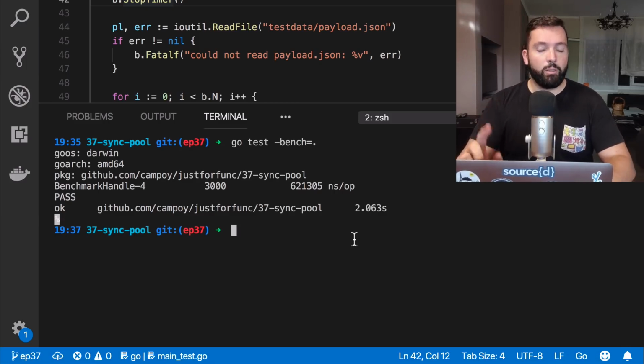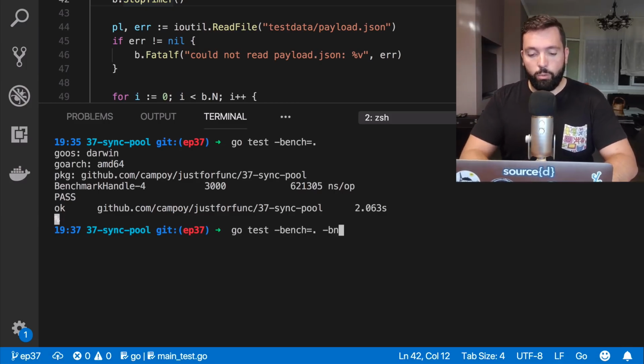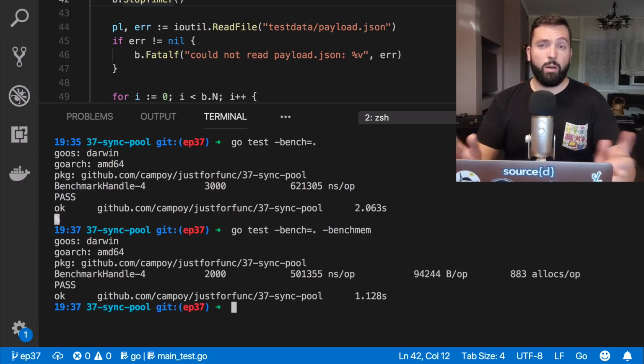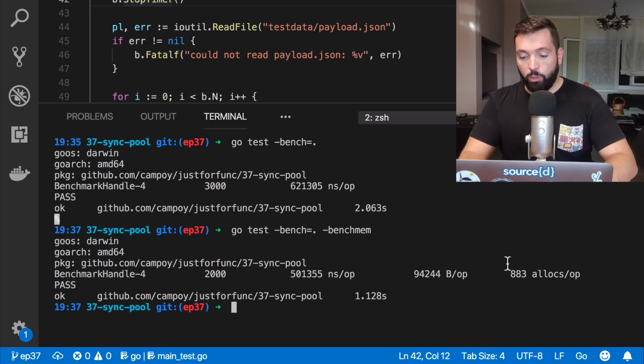We're gonna be talking about sync.Pool. So -benchmem will also do a benchmark of the memory. Now this told me that we're doing 883 allocations per operation, which is a lot, but at the same